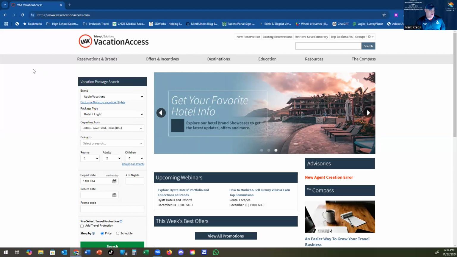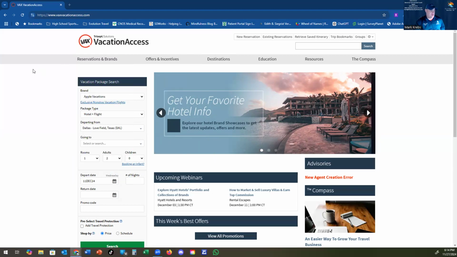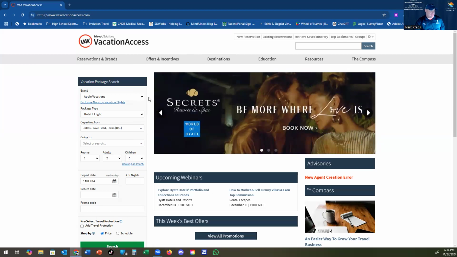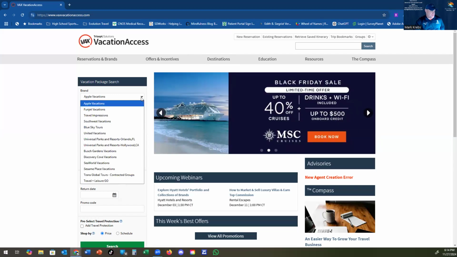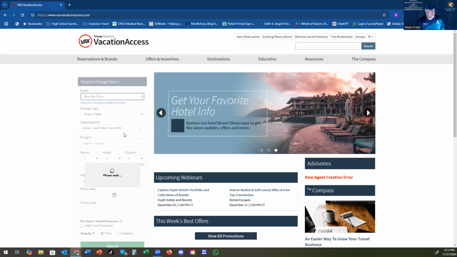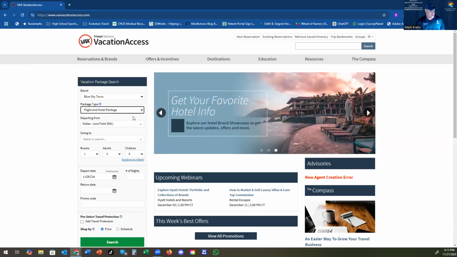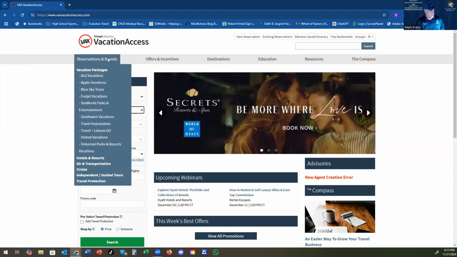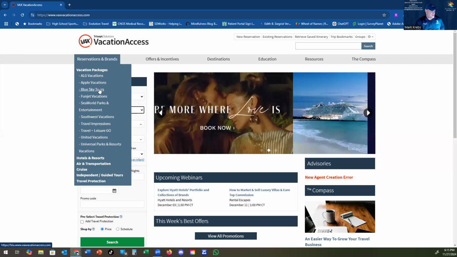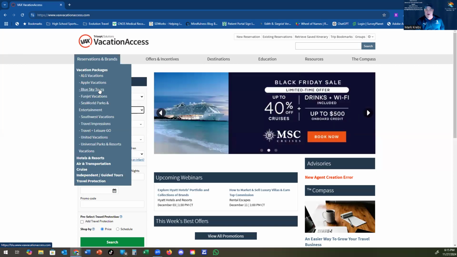You have two different ways that you can get to Blue Sky Tours. One is that you can use the simple drop-down menu on the left-hand side where it says Vacation Package Search. You just click on the brand name and go to Blue Sky Tours, and then put in your information in the quick search, just like you normally do for any other. But the way I like to do it is that I like to go up into reservations and brands, and